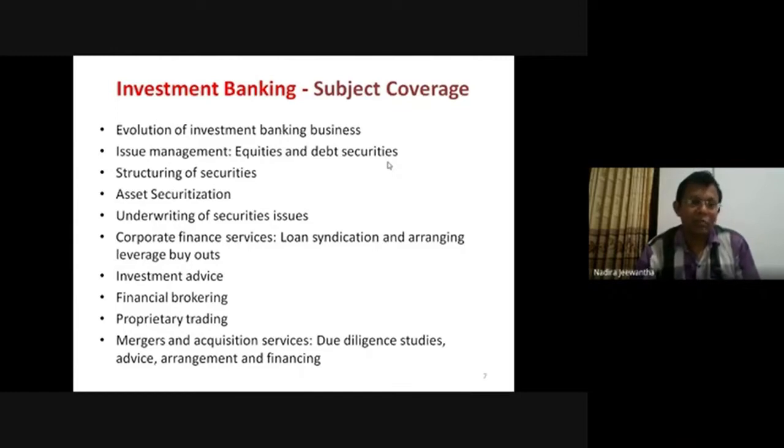You are giving confidence to outsiders: don't worry, you invest here, we are safe. Right? So we have two rating agencies locally, Fitch and ICRA, and foreign we have S&P, Fitch, Moody's. These are the three agencies we have